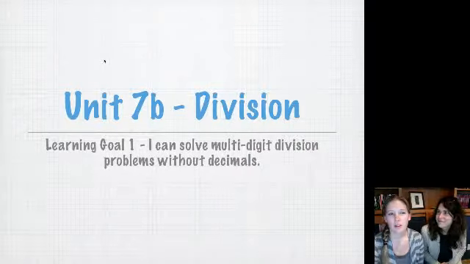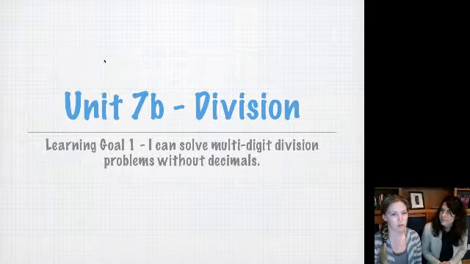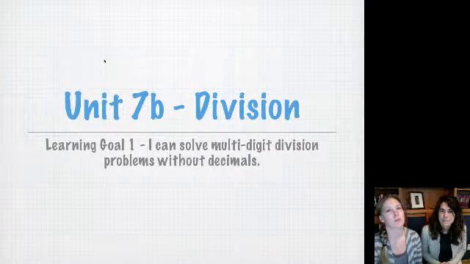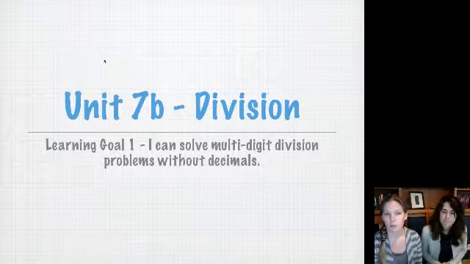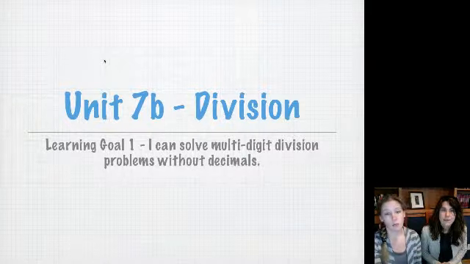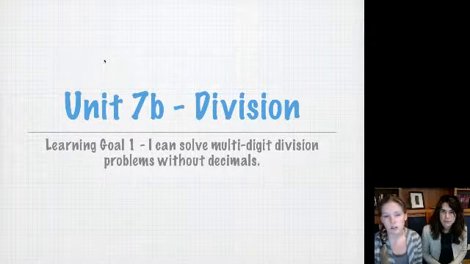Okay, we are going to start Unit 7B, which is all about division. And our first learning goal is we're jumping right into it, solving multi-digit division problems without decimals. So we are going to actually have 3 different ways to do this, just like we did with multiplication, and we're going to take them one step at a time. So make sure that you write this down. And actually, we have a little note-taking sheet, so hopefully you can jot it down in there, and we'll have